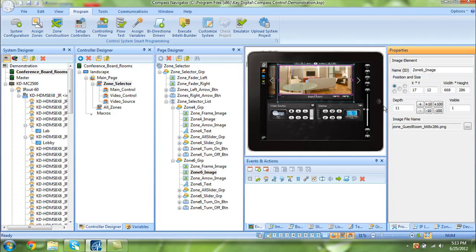Now you'll notice that the position of the images is X position 17, Y position 12. Width is 668, and height is 286. These are the pixels of the image. So it's actually very easy to import our own custom graphics. You go into our image library here,